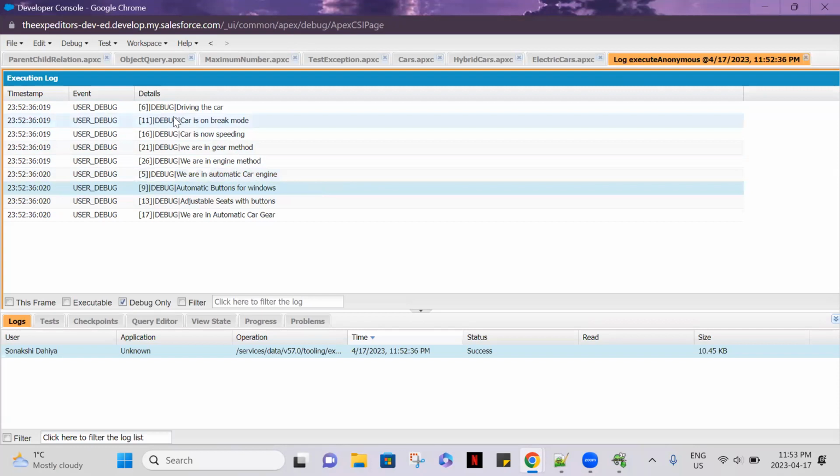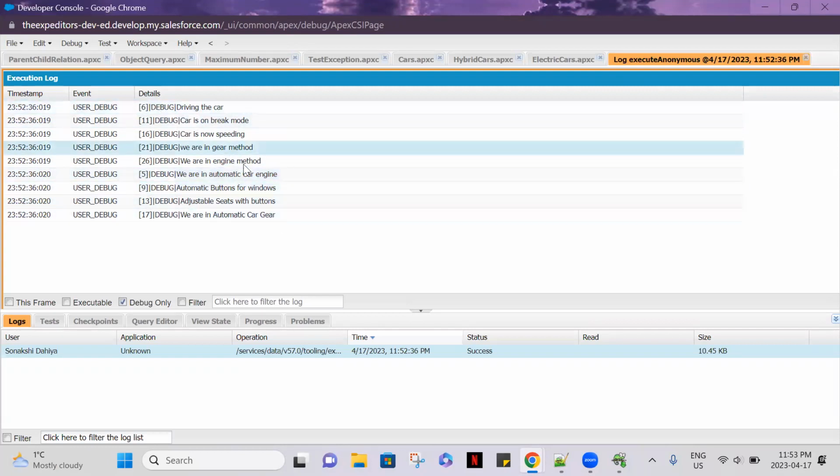So this is what it gave. And engine was the